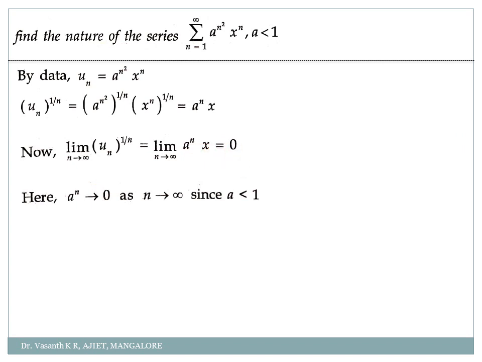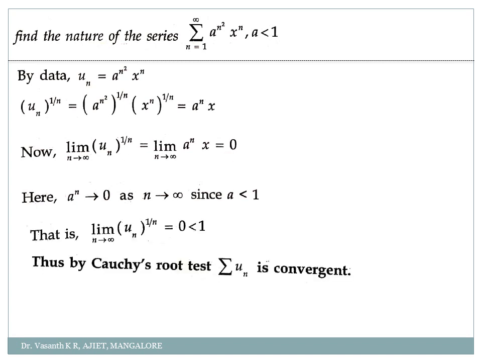So if it is 0, what can I tell, whether the test is convergent or divergent or the test fails? 0 is less than 1 or greater than 1? 0 is less than 1. So the test is convergent. Therefore by Cauchy's root test, the test is convergent. That's it. Easily these type of problems, they'll ask for 6 marks. Easily we can score 6 marks. But you have to be very careful when to apply which method. If you are having something to the power n and all, then it is always better to go for Cauchy's root test.